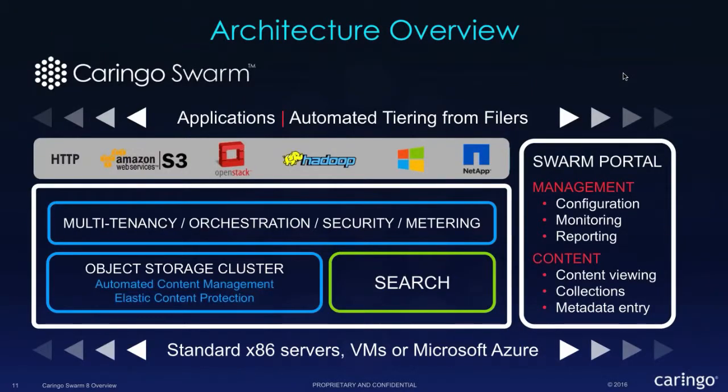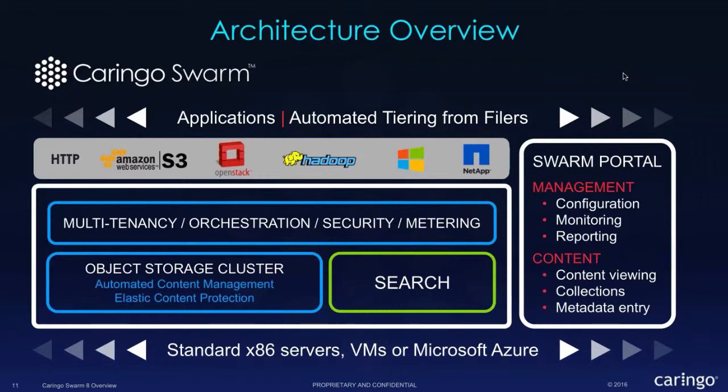And this just gives an overview of the architecture in a pictorial way. This is also on our website. You can see where we're evolving to. We have the capabilities and the tiering from filers and general native applications on the top. HTTP is a protocol, S3 compatibility, OpenStack Swift through a plugin. We support Hadoop with our HDFS connector, Windows and NetApp, as I mentioned. We have the multi-tenancy, the storage cluster at the base with integrated search, and our portal that manages all the action from a web-based user interface standpoint, as well as the RESTful API,